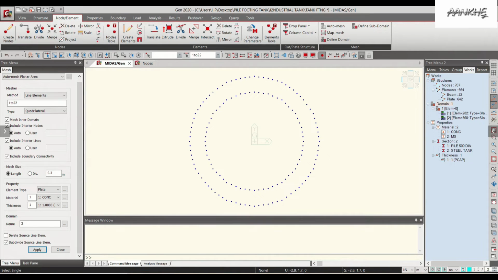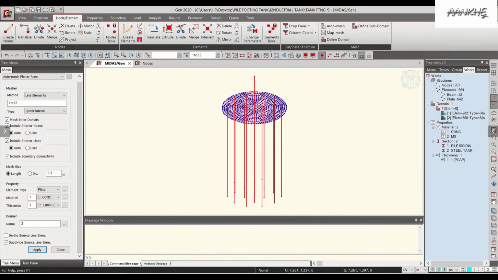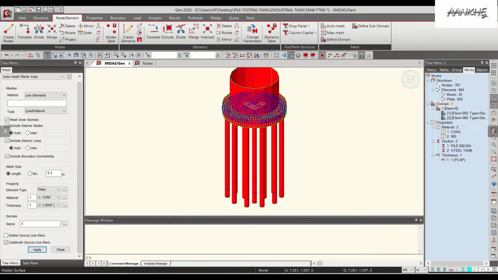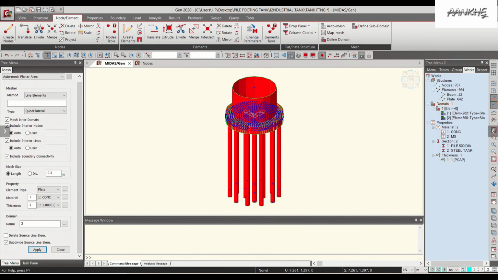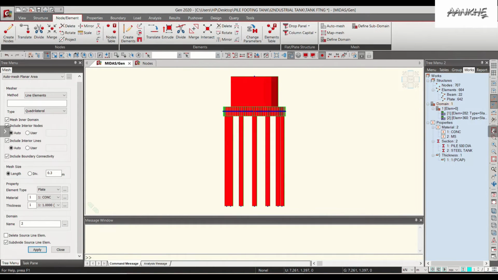Now activate the whole structure. This is our whole structure, and we can simply now go to our 3D rendering. This is our 3D rendered structure. If we go to the top view, this is our top view and this is our front view. Now what is the issue? There are basically